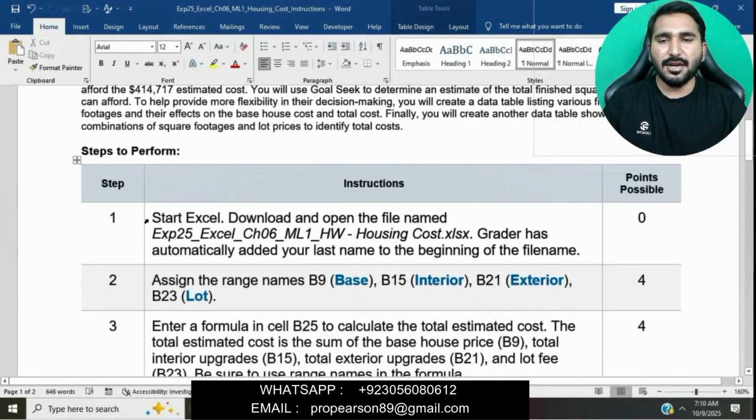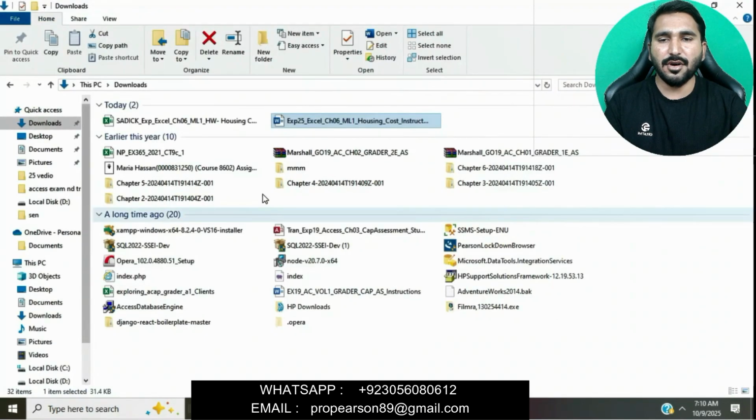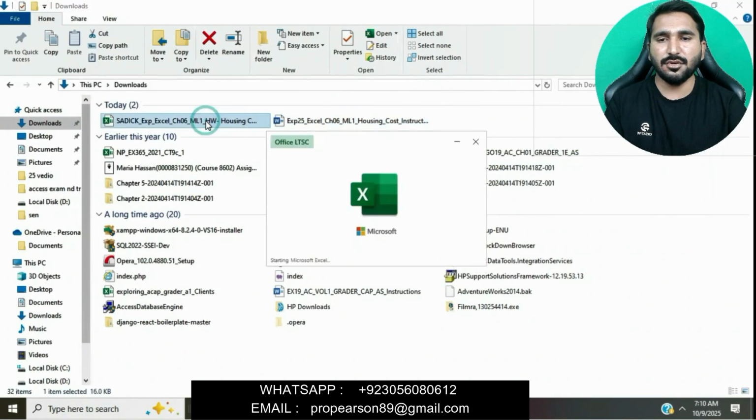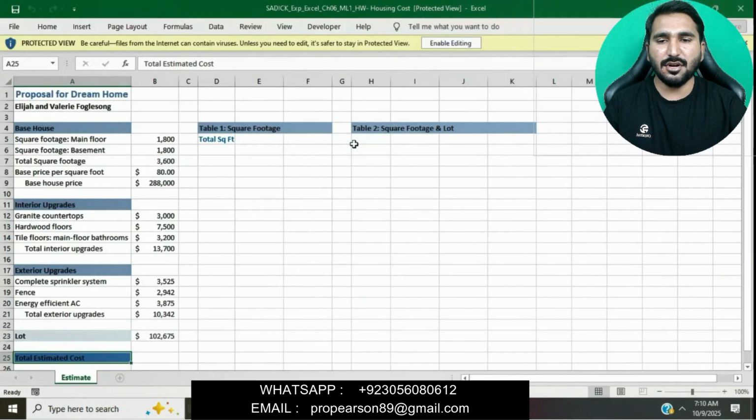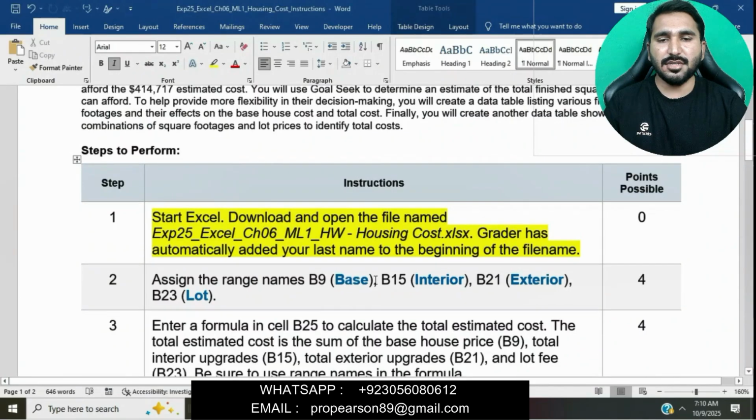Question number 1 is to start Excel, download and open the file named XP25 Excel chapter 6 ML1 HW housing cost. Basically in this question we will have to download the Excel workbook from the Pearson portal. I have also downloaded my file. You can see I am opening my Excel workbook. Then we will click on the enable editing button and start our assignment. The question number 2 is